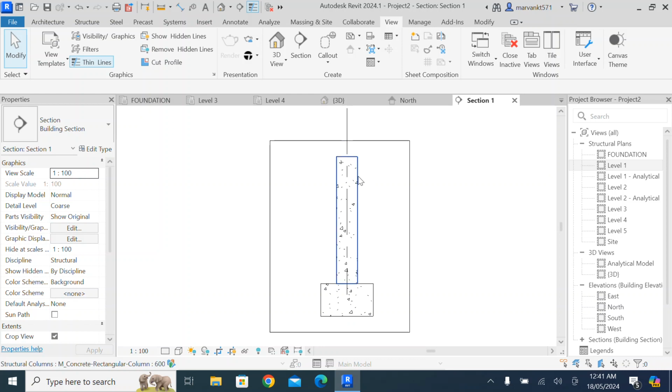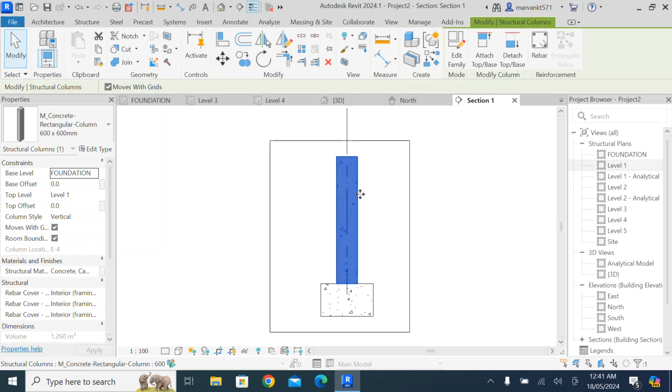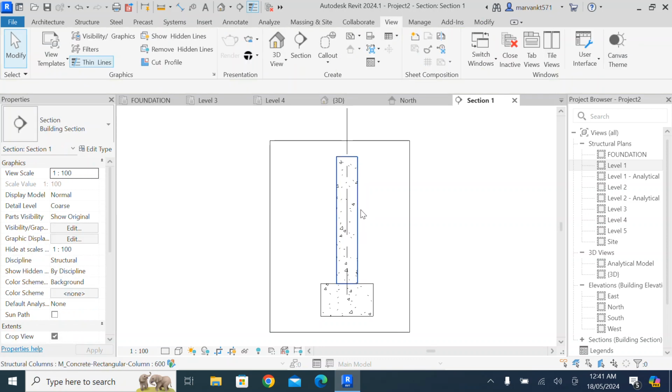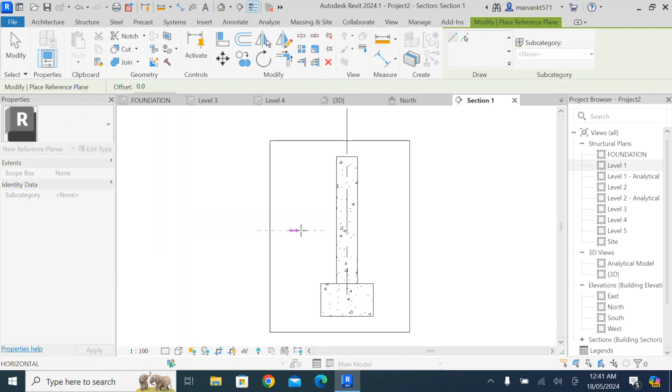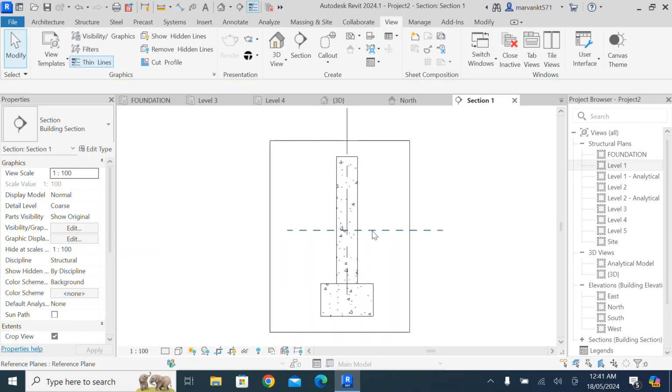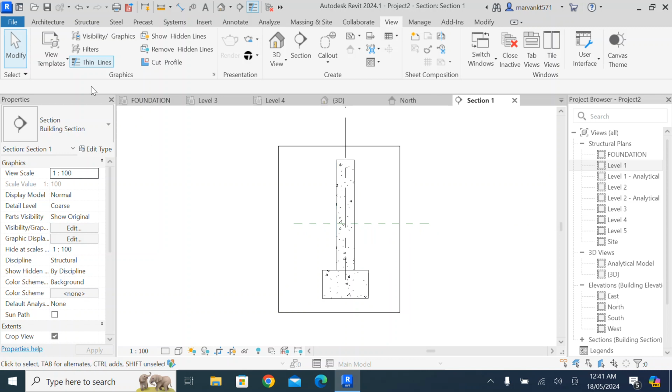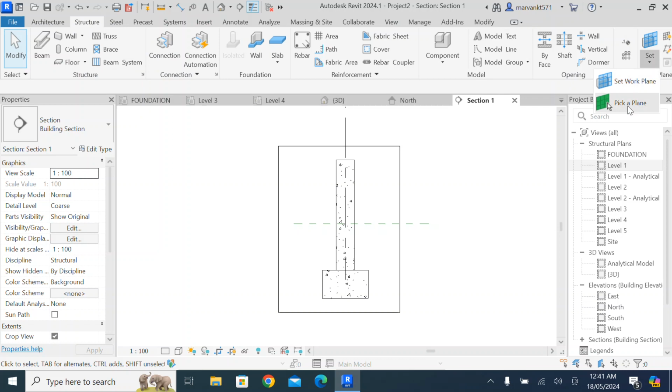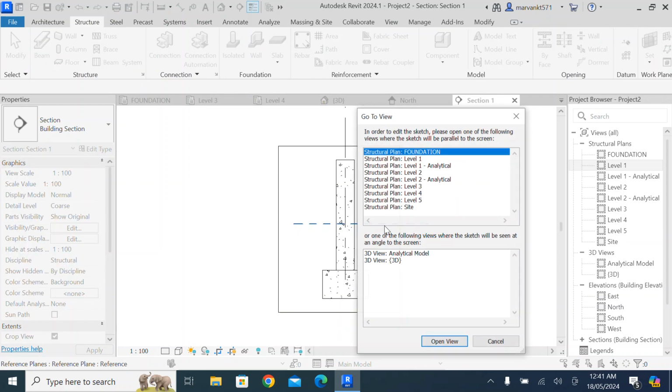You can see in the section view the column and the footing. Then I need to add the rebar into that. To add the rebar, first I'll place a reference plane over here. You just type RP to get the reference plane. Then I place the reference plane somewhere in the middle, not exactly the center, somewhere in between. Then you go to the structural, set, pick a plane, and you click on this plane,